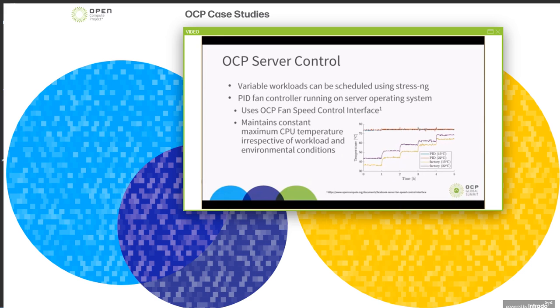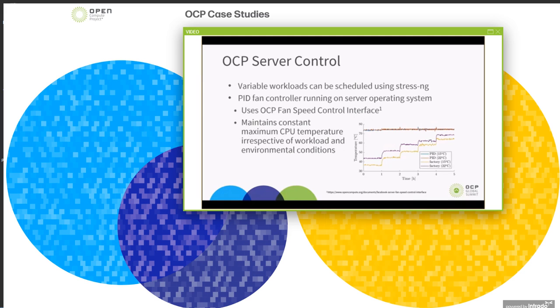So what can we change on the server? There's 2 things we can control. One is the workload. We use a tool called StressNG to vary the workload from 0 to 100%. The second thing is the server fan speed, which is available to do because of the built-in fan speed control interface. So we've developed a PID controller which maintains a constant CPU temperature no matter what the load is or